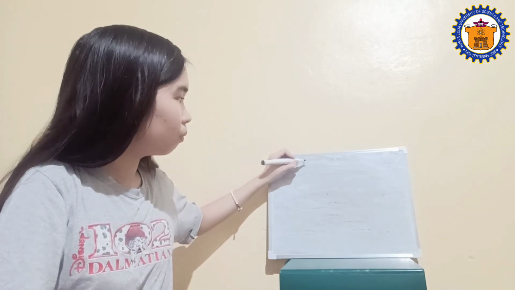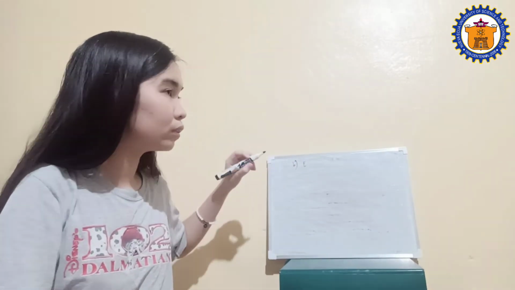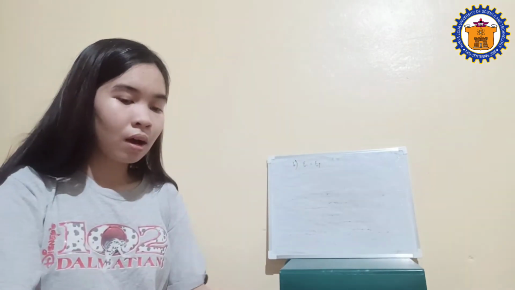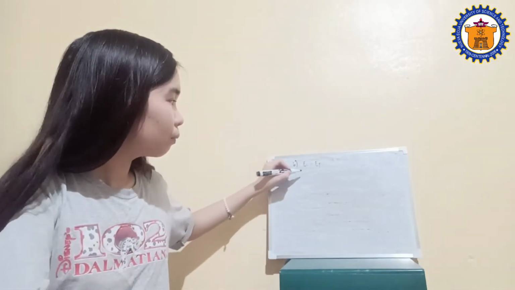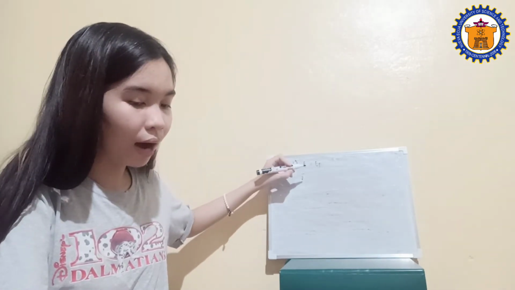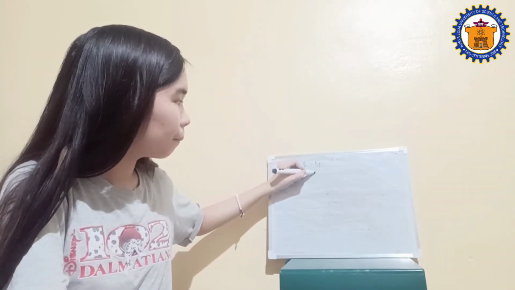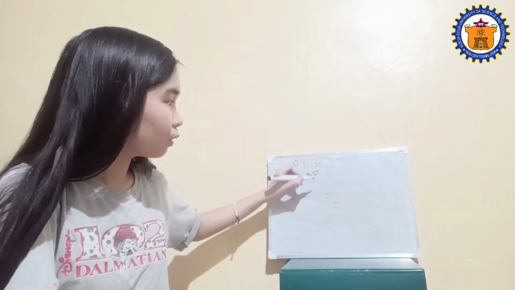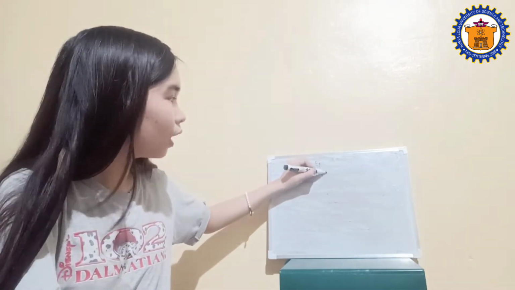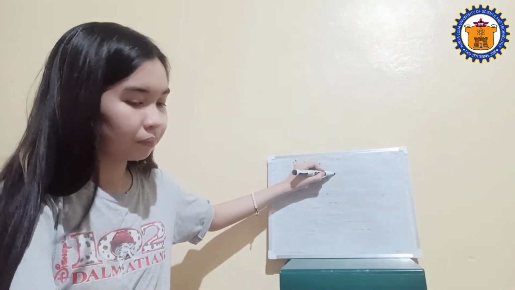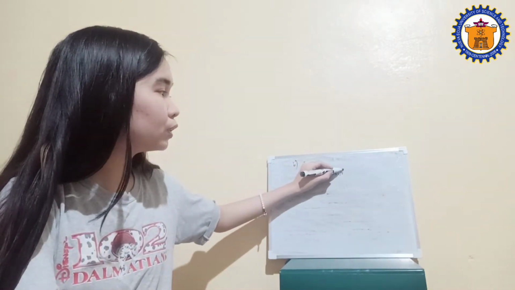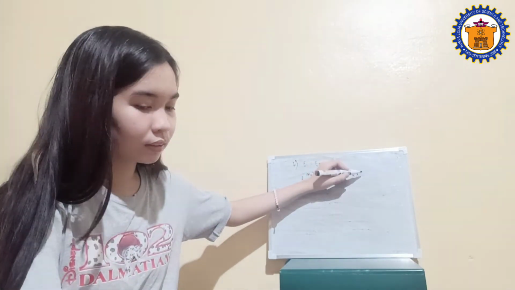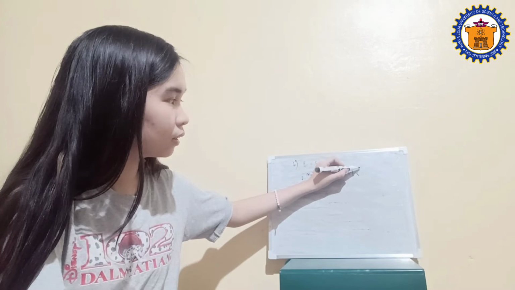So, for the equation in conservation of energy, E initial is equals to E final. So, pwede siyang isulat as 1/2 mass 1 V1 squared plus 1/2 mass 2 V2 squared plus 1/2 Kx squared